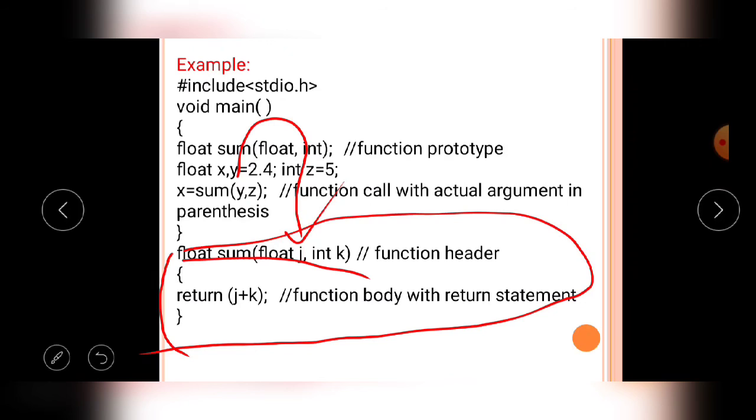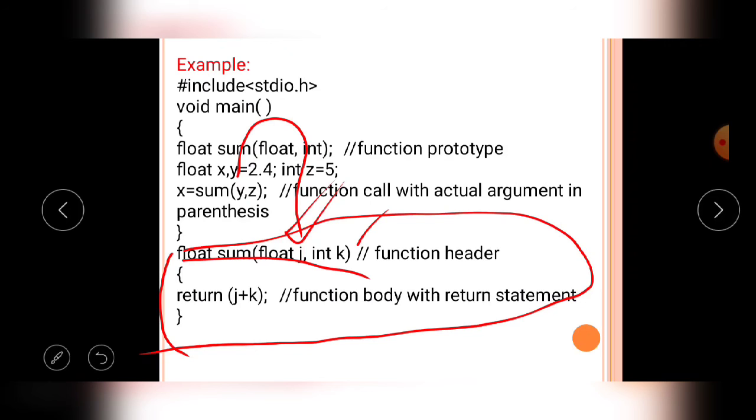In the function header there are two variables, the j variable and the k variable. The j variable and k variable will receive the values from the caller function, so they are called formal arguments. The formal arguments have the capacity to receive the values coming from the caller function.